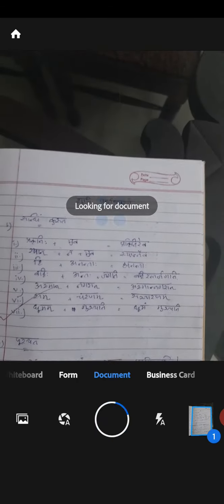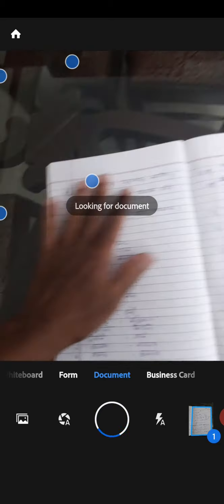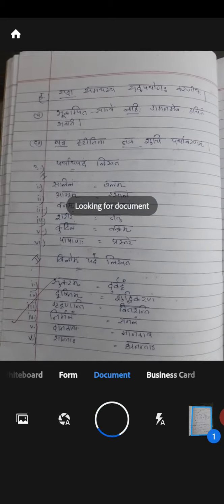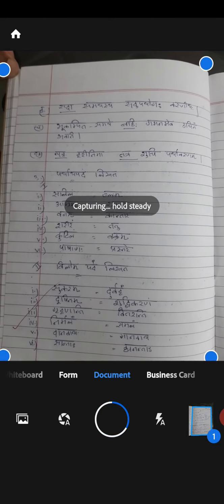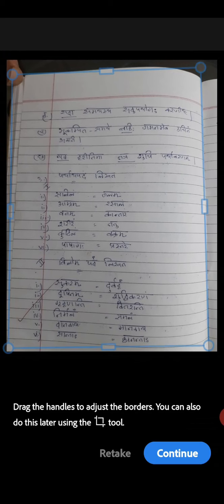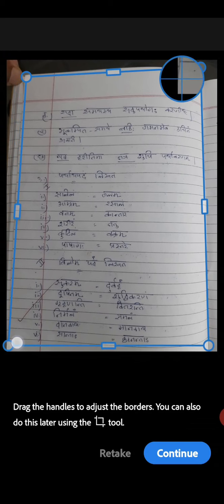It's again continuing, automatic. So I'm going to take the next one also automatically. See, I'm keeping that page there, and this also took. See, inside the square my finger has come. So we can adjust this, so the finger stays outside.